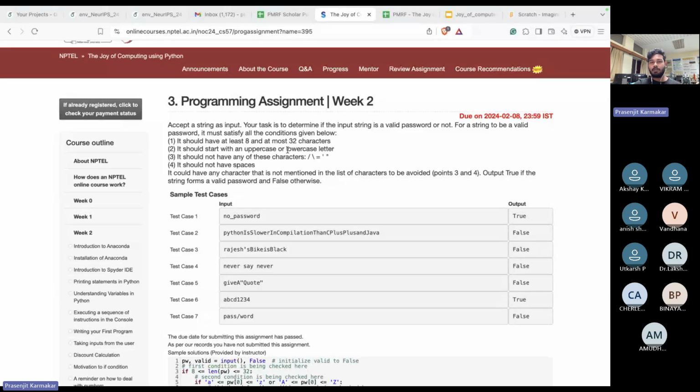It should start with an uppercase or a lowercase letter. That means it should not start with a numeric. It should only start with A, B, capital A, something like this. So you can just slice the first character and see whether it's a numeric. If it is a numeric, then check two failed. And if it is a valid letter, from small a to small z,